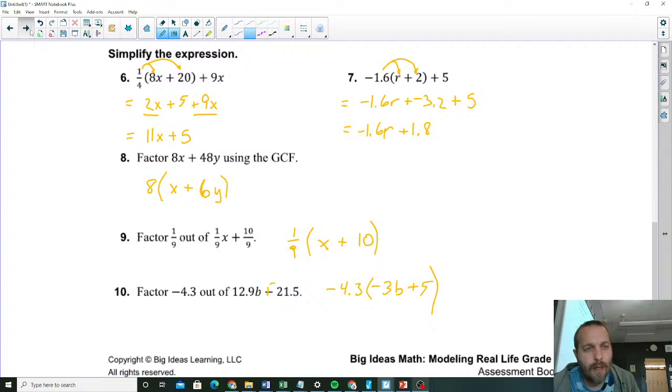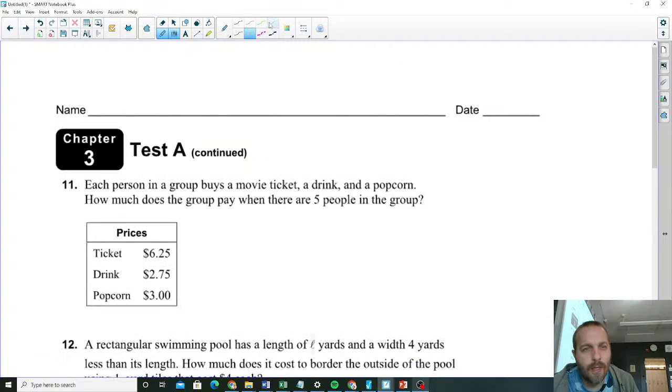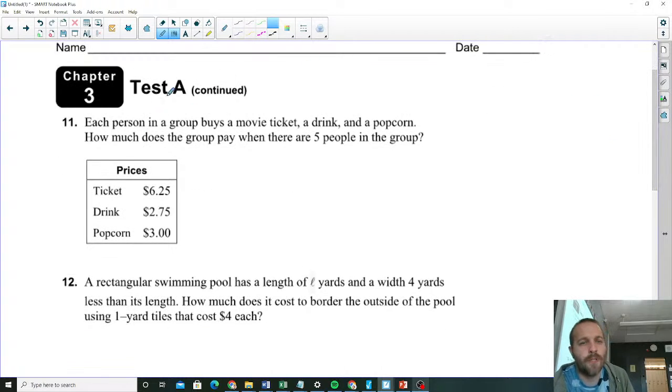All right. Let's look at the next page. Story problems. Each person in a group buys a movie ticket, a drink, and a popcorn. How much does the group pay when there are 5 people in the group? So what they really want you to do first